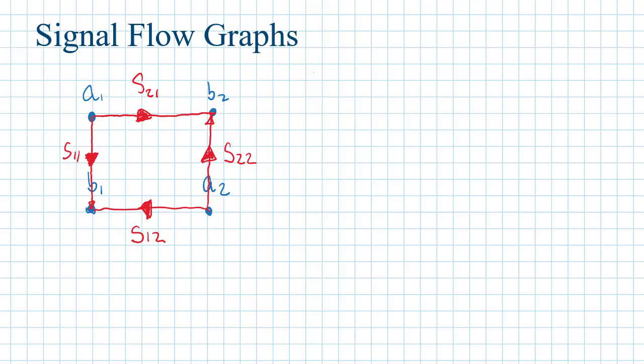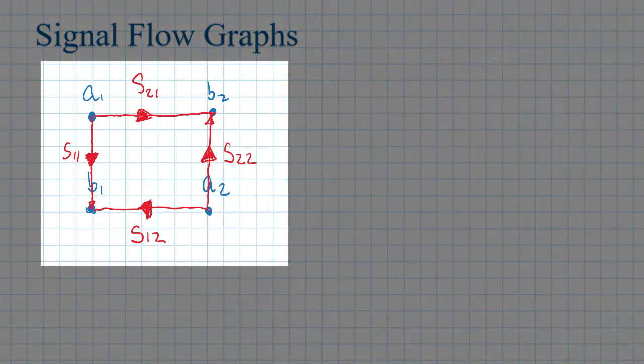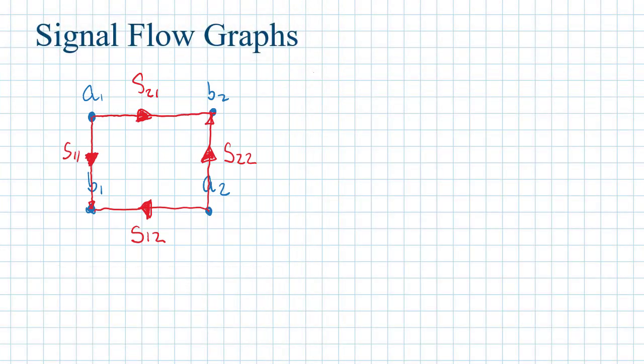Okay, welcome back. What we discussed in the last video in this series was setting up a signal flow graph to represent a two-port S parameter matrix. And we arrived at a graphical picture that looks like what we're looking at here. And what we'd like to do now is continue the discussion by cascading a couple of these two-port S parameters, and at the end of the cascade we'll even just throw in a simple one port S parameter